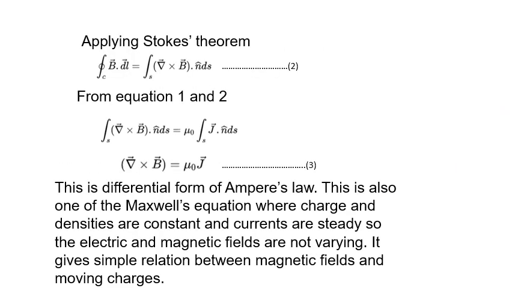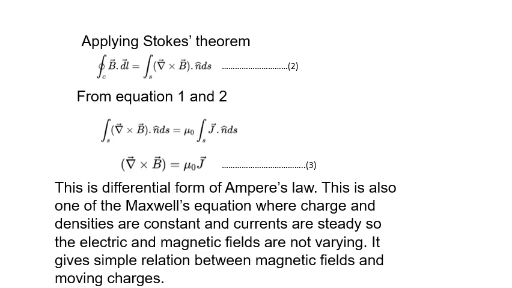Applying Stokes theorem, closed integral of vector B dot vector dl equals surface integral of curl of vector B dot unit vector n ds. This is our equation 2. From equation 1 and equation 2, surface integral of curl of vector B dot unit vector n ds is equal to mu naught surface integral of vector J dot unit vector n ds. Now comparing both sides of the equation, curl of vector B is equal to mu naught vector J,